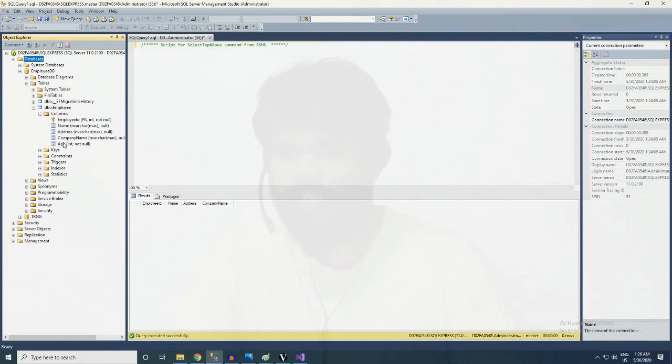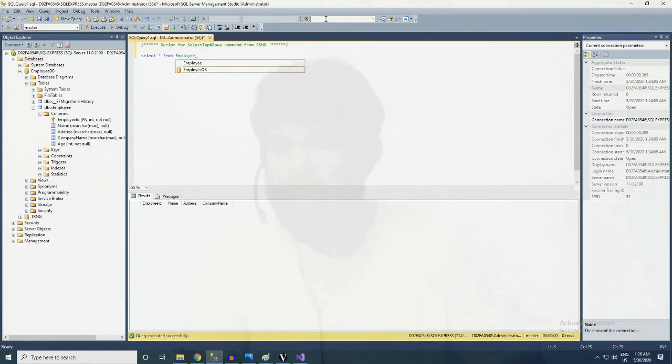Now we got the age, or we can check it via select star from. I think I'm on master DB. Let me change that to employee DB. Now select this and click F5. So we got all the 5